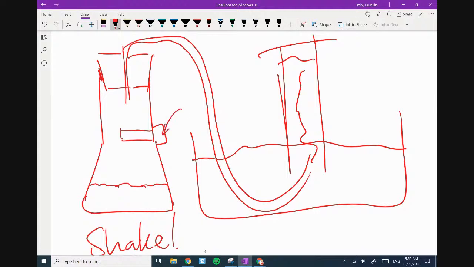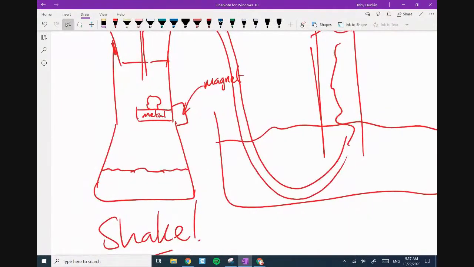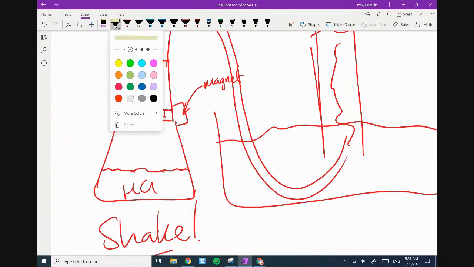So he's got a magnet here, and then he had a metal shelf that he then put his solid on. Now, just to let you know, that actually isn't allowed. The reason being is the metal might react with the acid. But what he was super clever, and what he did was he covered,